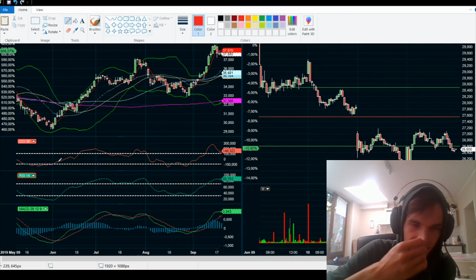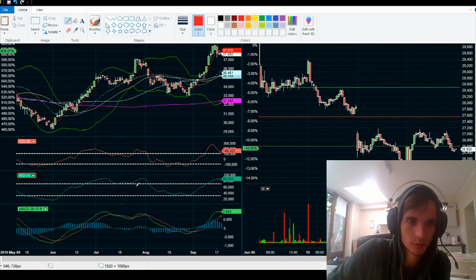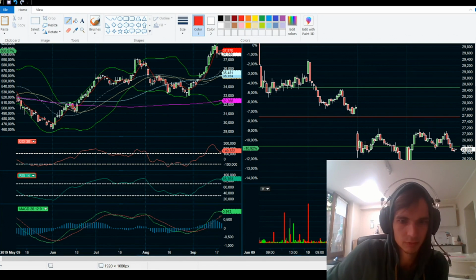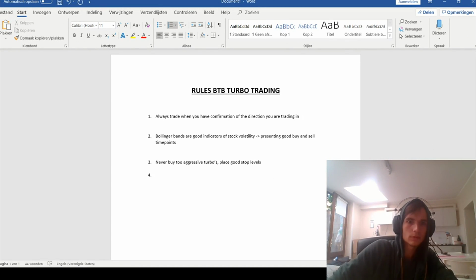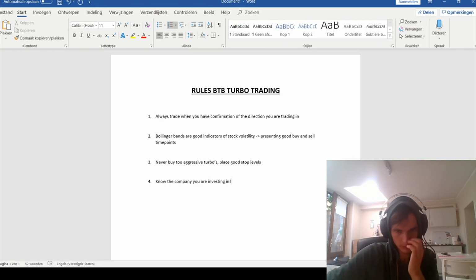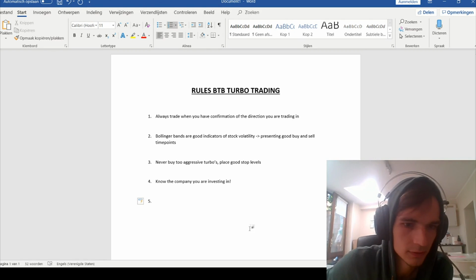This is one of the mistakes I maybe didn't mention in my previous faults. I literally didn't know anything about most of the stocks that I went into, so I guess that will be one of the first rules that we can also implement while we're at it. So let's see. Okay, know the company you are investing in, and it's maybe a really important one that I really underestimated myself, but